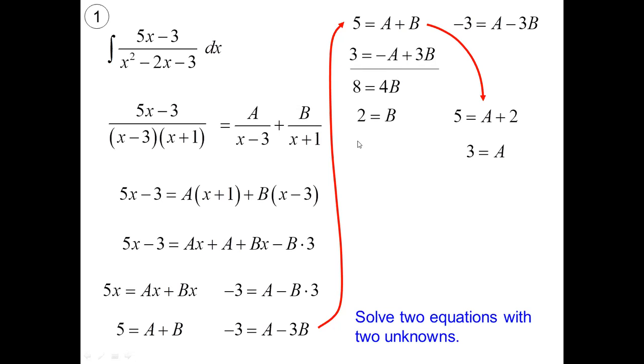You can also use the method of substitution. I will not discuss it here because this is not an algebra class, okay? But nonetheless, this is the value of A and B. Now, what will happen if you know the value of A and B now? You can integrate these two partial fraction equivalents of the original by integrating them separately. So I will annotate in this slide, that way you can follow too. I'll just use the color blue. So what will happen now is that from in here,